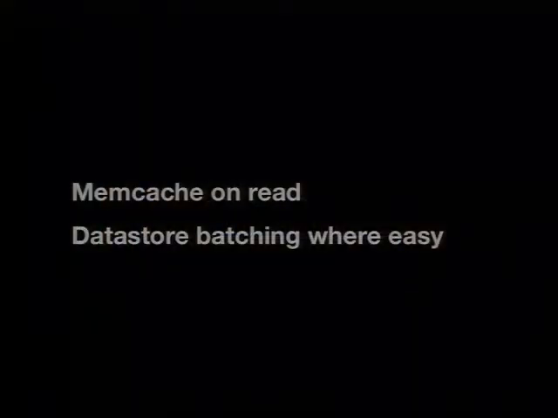Another thing to think about is to batch your data store requests where easy. Where easy for us was anywhere we had non-nested loops. So anywhere we had a loop that we were putting single entities, we inverted that. Now we call one put with lots of entities. And I should mention that batching is a little bit tricky because you can only fetch up to 1,000 entities at a time from the data store. And puts are limited based on the size of the entities you're putting in the data store. A good rule of thumb is 50 at a time. So you may need to have multiple batches depending on the size of the operations you're performing.